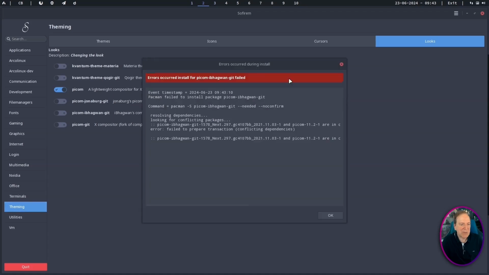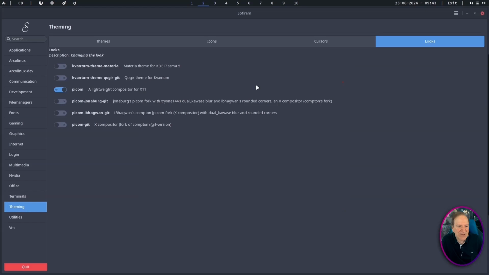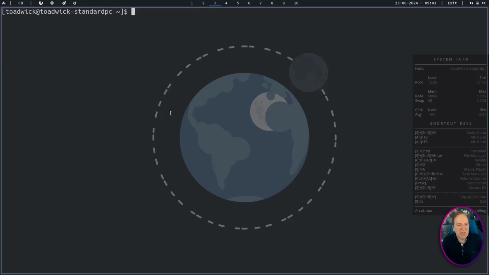ibhagwan. I don't know how you pronounce that, but it says we can't install it because picom's already installed, there's a conflict. So that would require some manual intervention, like we could use the console to do it. And then there's the Jonaberg, which I think might be a little newer, but I believe they both work just as well. I'm just going to go in here and do a sudo